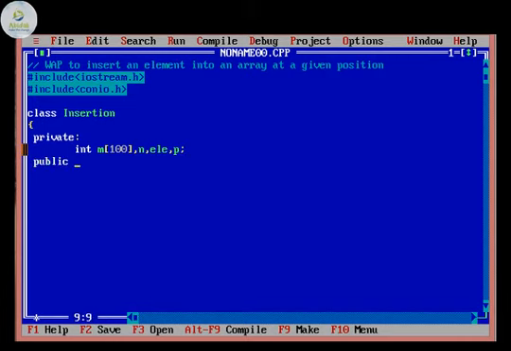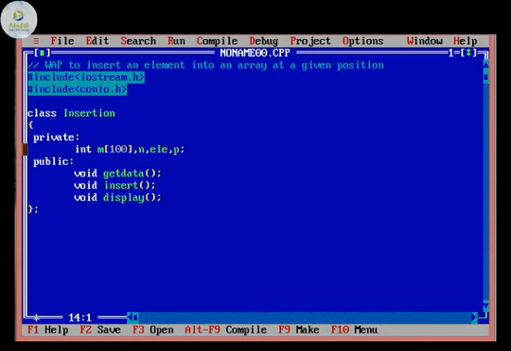In the public section, we require the member functions that are used to get the size of the array and the elements of the array. We will call it getdata. The next one we will call insert, that is an algorithm to add an element into the existing values. Display will display the elements after insertion. Insertion may be possible or may not be possible, and that we also need to handle. Insertion is not possible in certain situations that we will see.